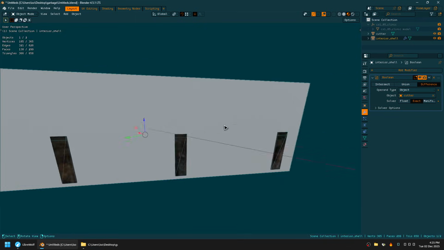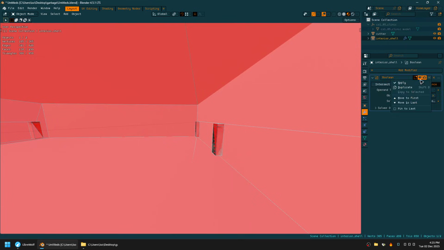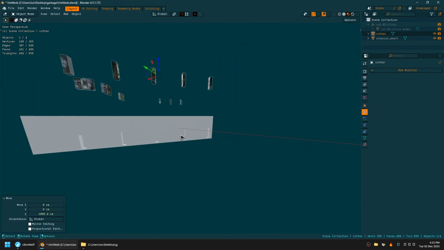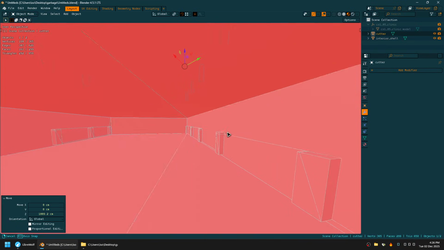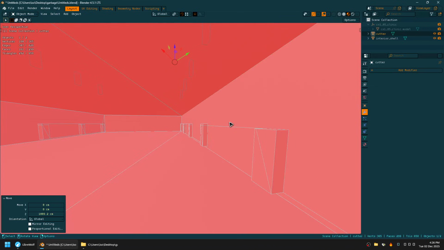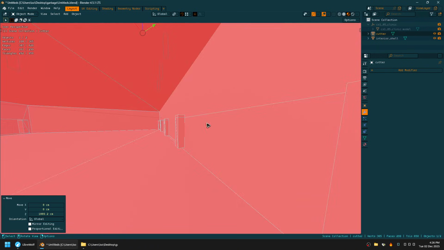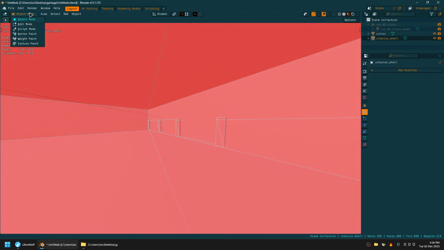And after you do that, we'll see you have a new geometry, and then you do apply, and then you select the cutter, and you can just move it out of the way, and you will see that you have new geometry going into the shell that we just created. We're not going to be using it that way, but you will be using the gaps that were created by the extruded geometry. So select the interior shell, enter edit mode,